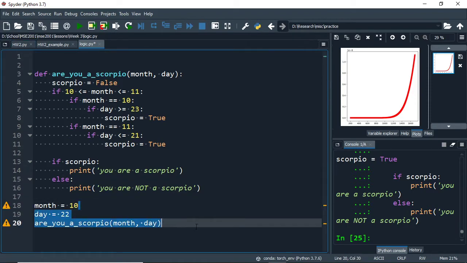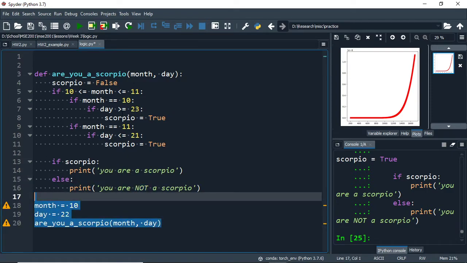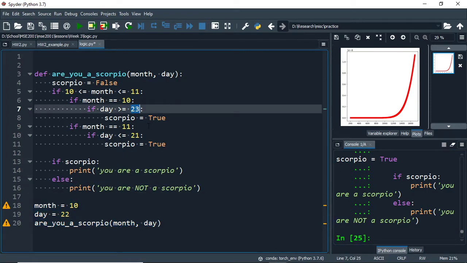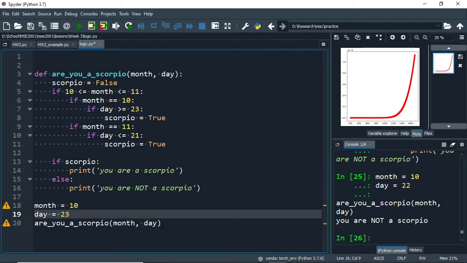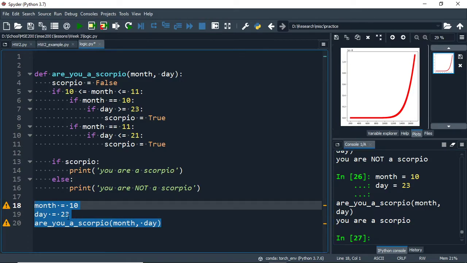Let's start with the 22nd, so I should not be a Scorpio because the 22 is just less than 23. You are not a Scorpio. Let's move up to the day where I should become a Scorpio. You are a Scorpio, and then let's look at this next part of the edge case, make sure everything in